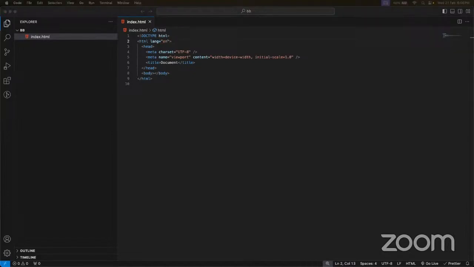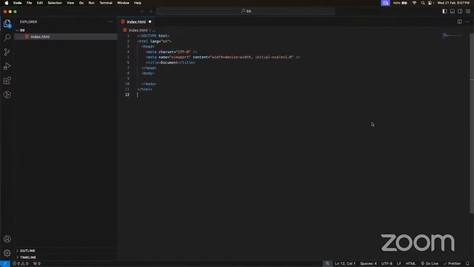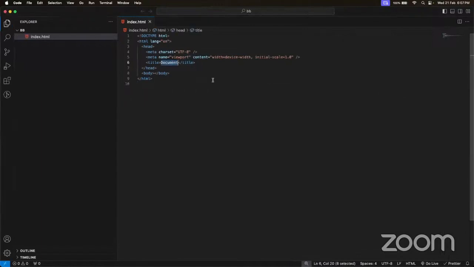Now coming to the next bit, we have two main tags. One is the head and one is the body tag that you see over here. So the head element basically contains the entire metadata of your website, that is, it holds all of the essential properties. For say you want to set up your title of your website, so that this is index.html, but if I save this and I want to change this to be recap of HTML and CSS, something like this,